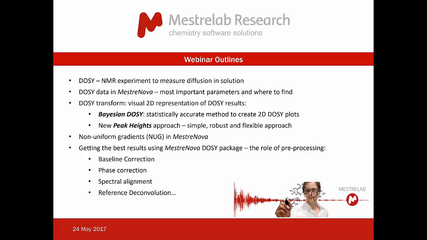We have two built-in techniques for DOSY transformation. The first one is Bayesian DOSY, which is a statistically accurate method which we developed here in MestReNova and introduced a few years ago. Recently we introduced a new technique which we call peak heights analysis of DOSY, which is a little bit more simple but robust and flexible approach. Many people asked about that, and we decided to introduce it in recent